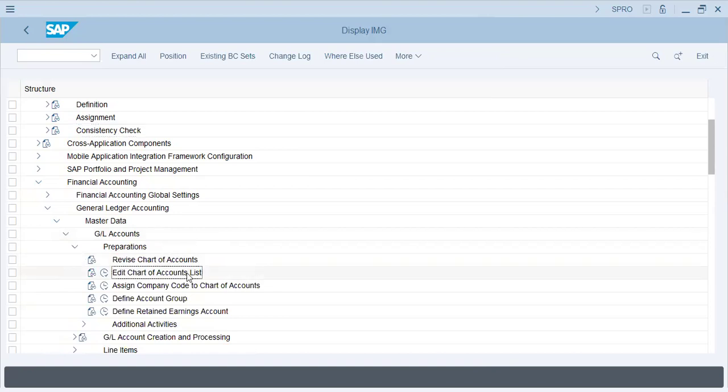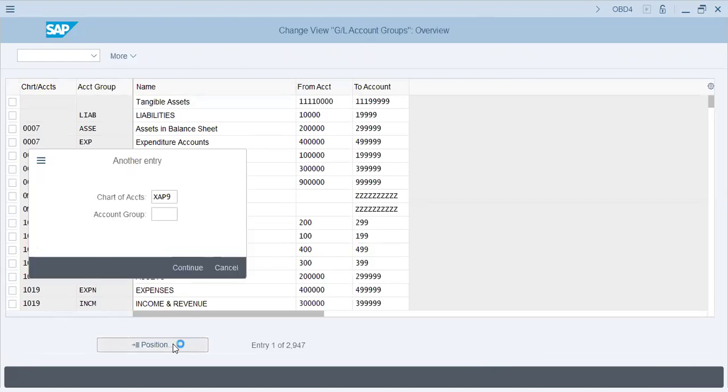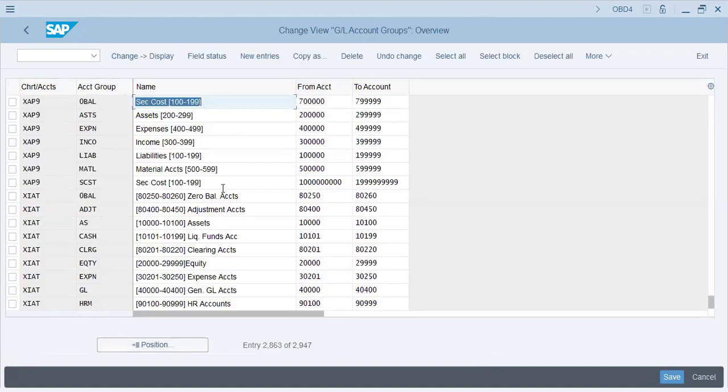preparation, edit chart of accounts list, and assign. Make your own chart of accounts, ZAP 9, assign it to the company code, define account group. What is the account group? This is basically account heads or account segments. Okay. What are account segments? ZAP 9. Now, account heads can be different for every industry,